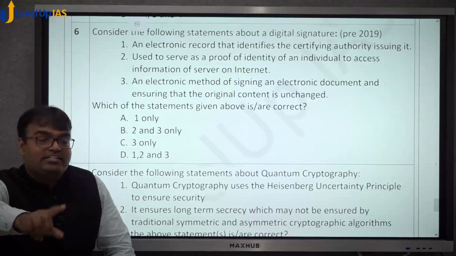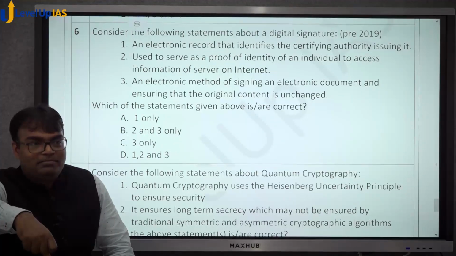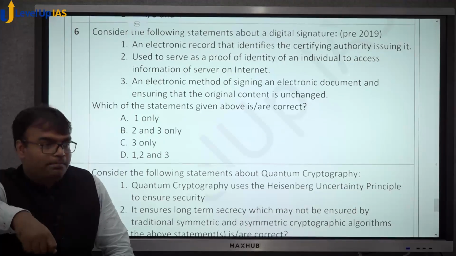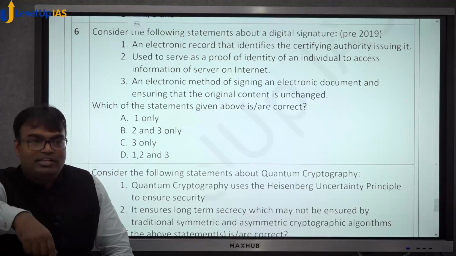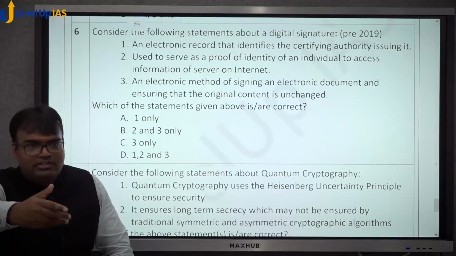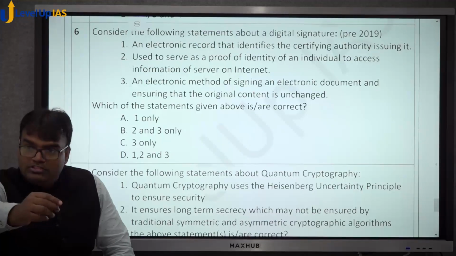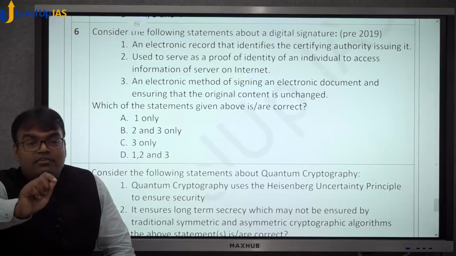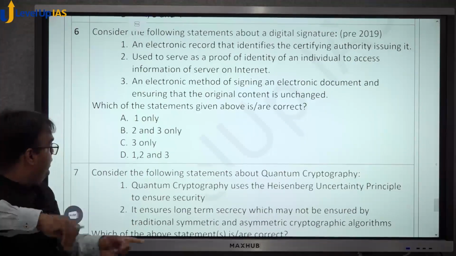They asked digital signature in 2013 mains, they asked digital signature in 2019 prelims. Now like CRISPR, they asked CRISPR in 2018, they asked CRISPR in 2019, in 2020 they haven't asked. Watch, they might ask this time, since the Nobel Prize for Chemistry has been given to CRISPR. But we have to understand, when we study CRISPR, we'll understand the fundamentals of CRISPR. Okay, did you understand this? Okay, now let's go to